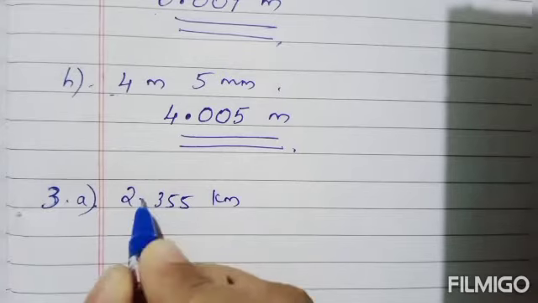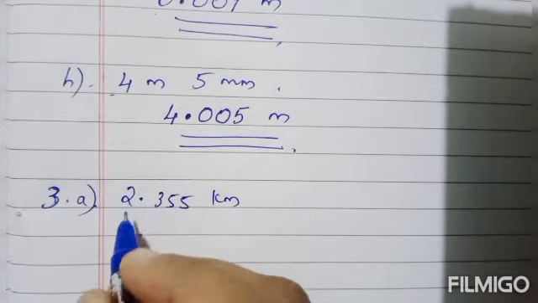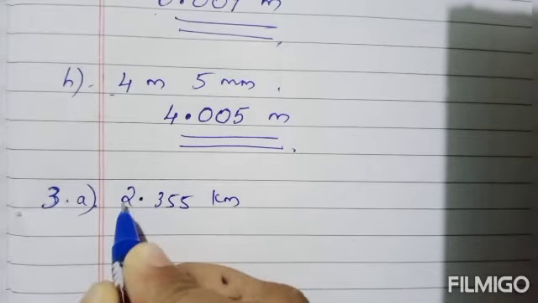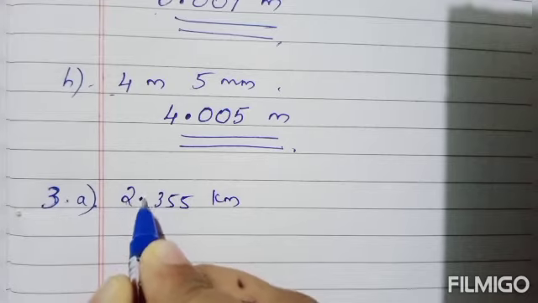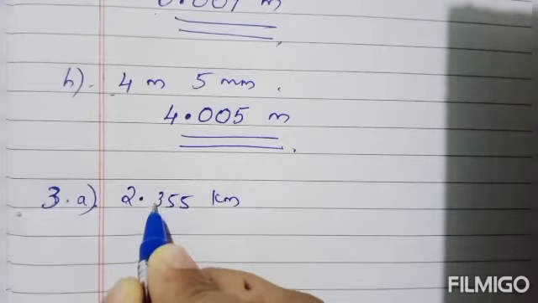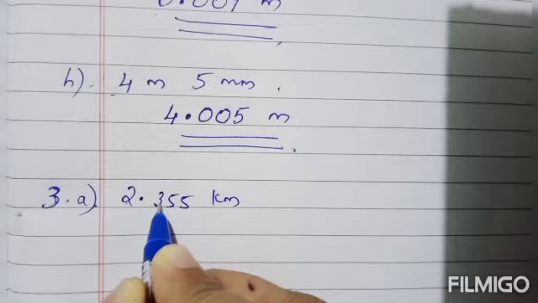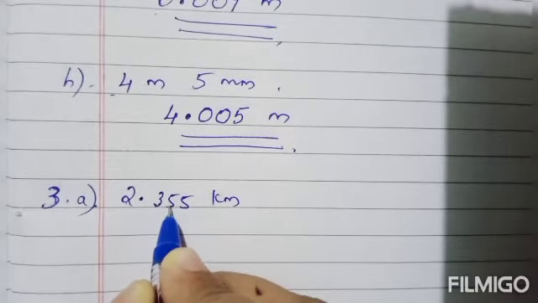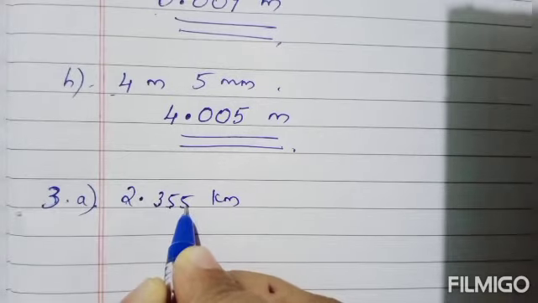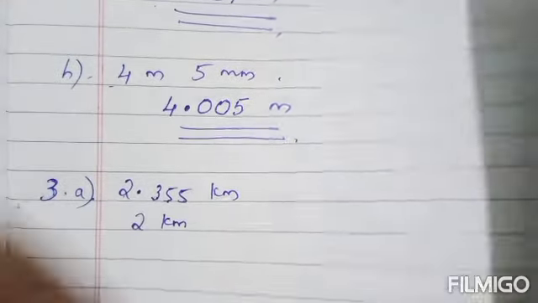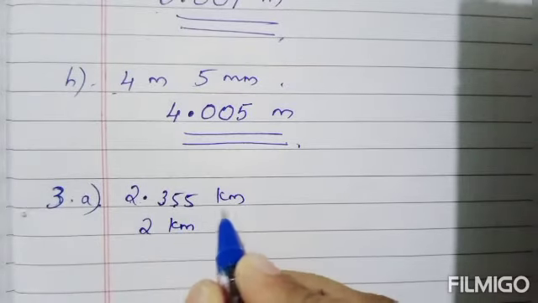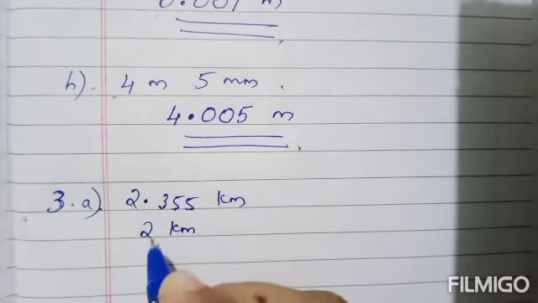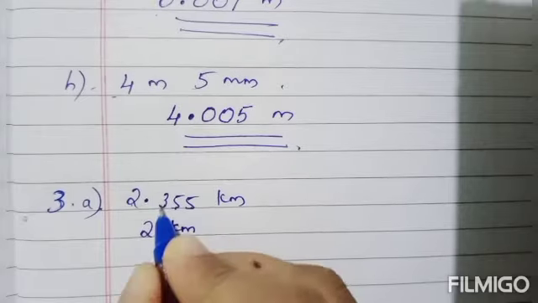Okay, so as we did for meter, what number is coming before the decimal point? That is kilometer. Okay. Now after the decimal point, 10th place, this is hectometer. 100th place it is decameter. 1000th place it is meter. So 2.355 kilometer. You can write it as 2 kilometer,